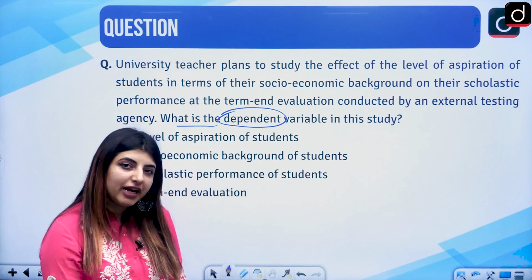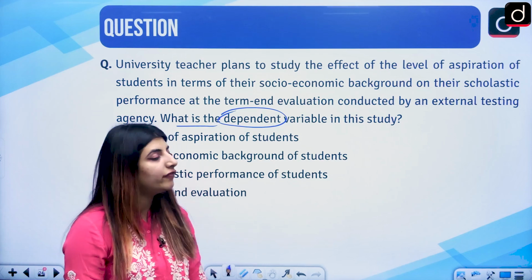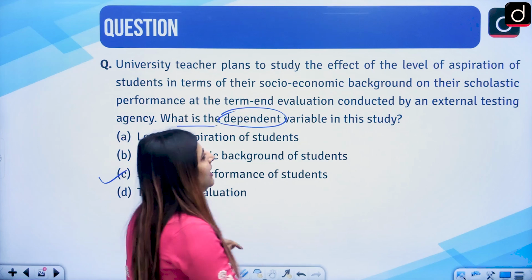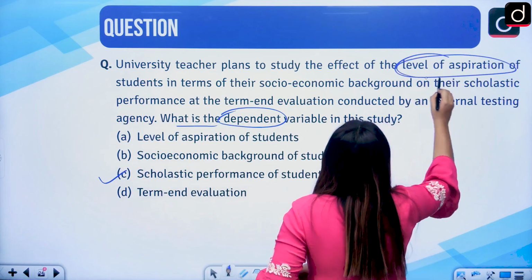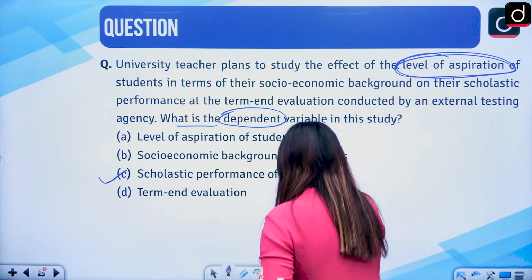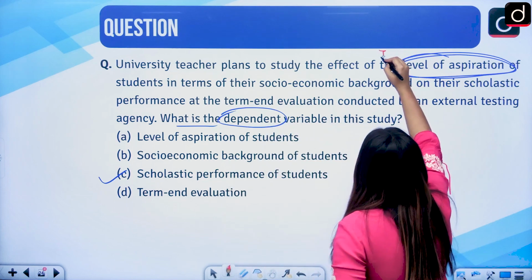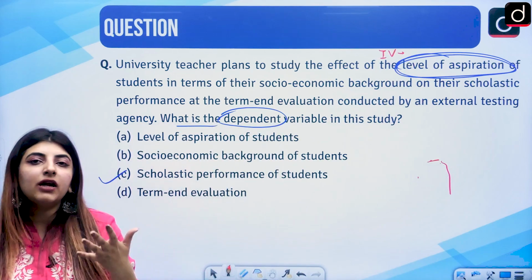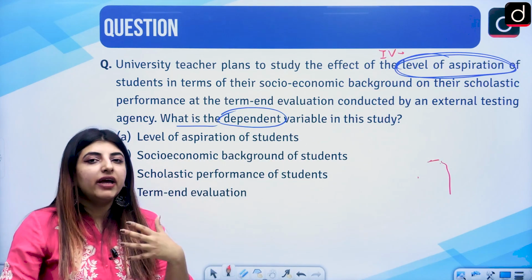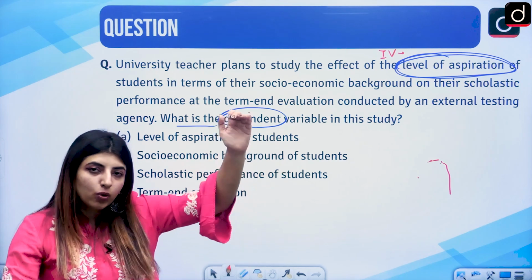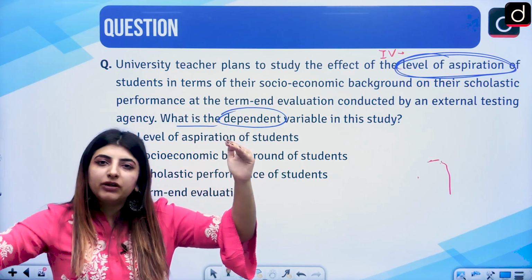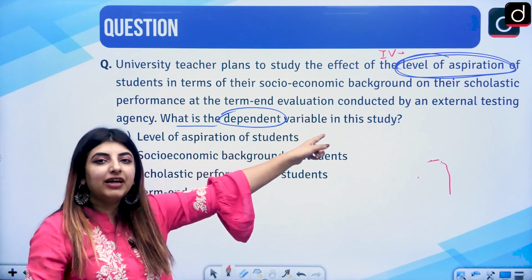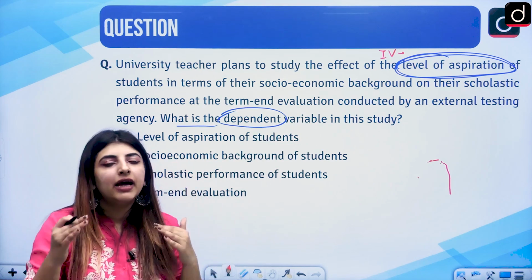So let's try to break the question into pieces so it's easier for all of us. A university teacher plans to study the effect of level of aspiration. So level of aspiration here is the independent variable, because a person who is aiming high, who is aspiring to reach his goals at the highest, will most probably be successful at an earlier phase. And the student who is demotivated might